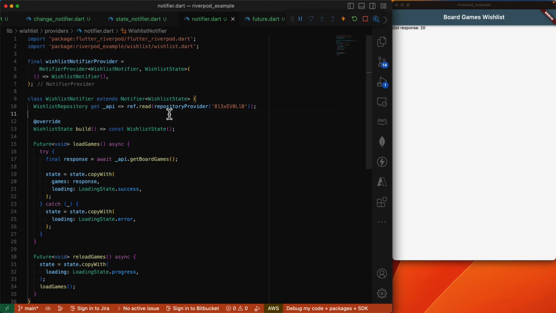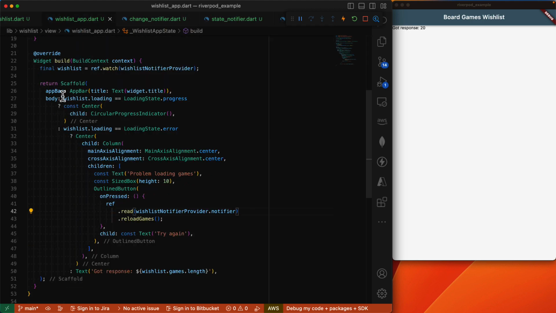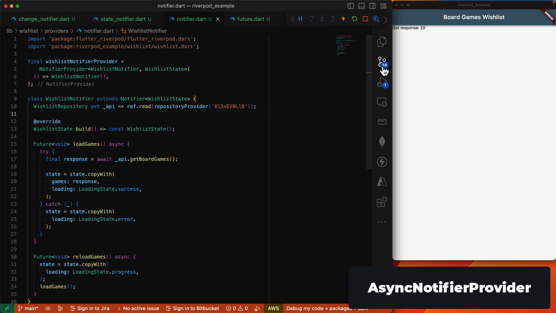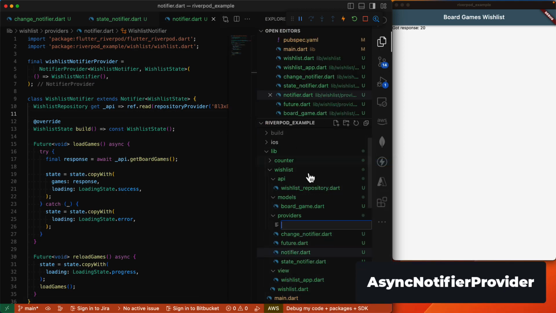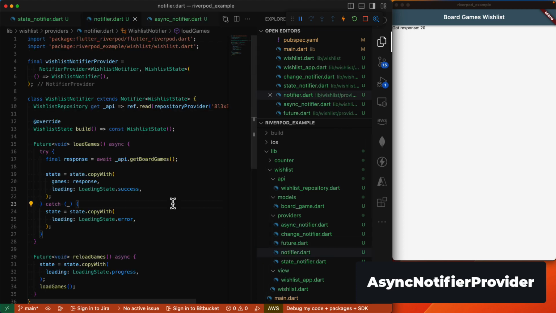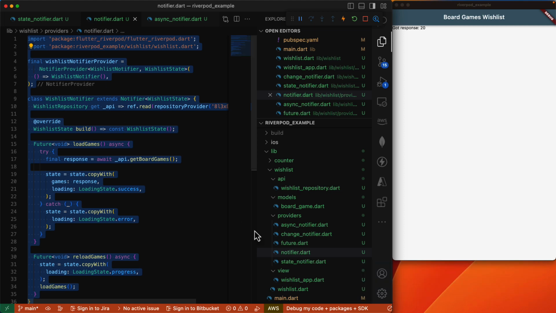We can still improve this a bit further, because if we come to our wishlist app, over here we are still using the ternary operator. It'll be useful and more legible to use the when method that we used earlier with the FutureProvider. So instead of Notifier, we can declare an AsyncNotifier. We're going to create a new file. I'll call it AsyncNotifier. And then in here, we will copy the contents of Notifier